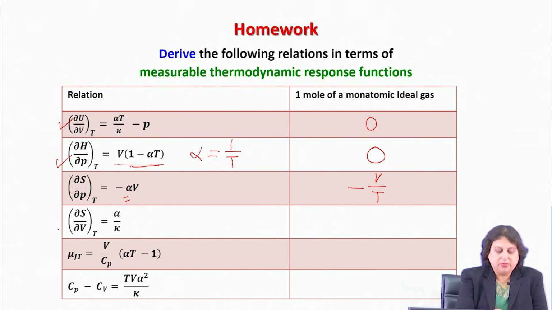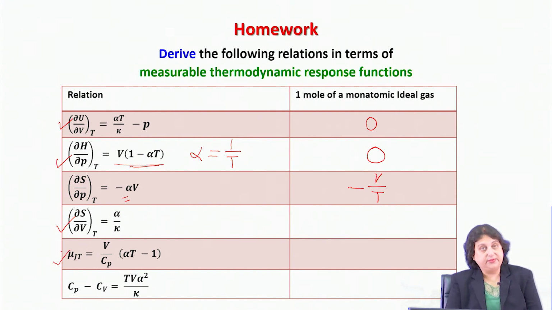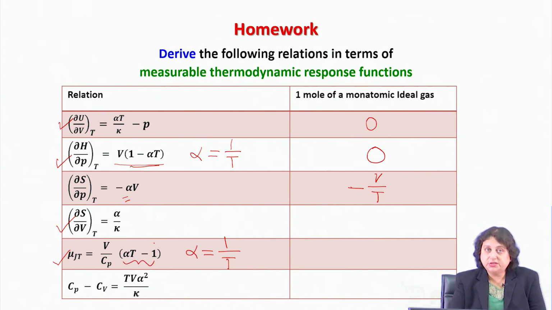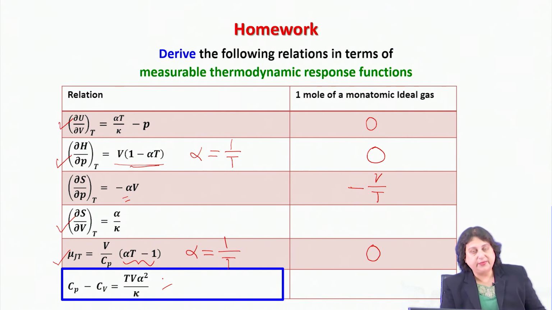Similarly, I can find out what del S del Vt is, and I have already derived this expression for you. So let us have a look at what is mu Jt for an ideal gas. Since alpha for 1 mole of an ideal gas is equal to 1 by T, the term within the bracket is going to vanish. As a result, mu Jt for an ideal gas is equal to 0. And this is a relationship that I have already derived for you,